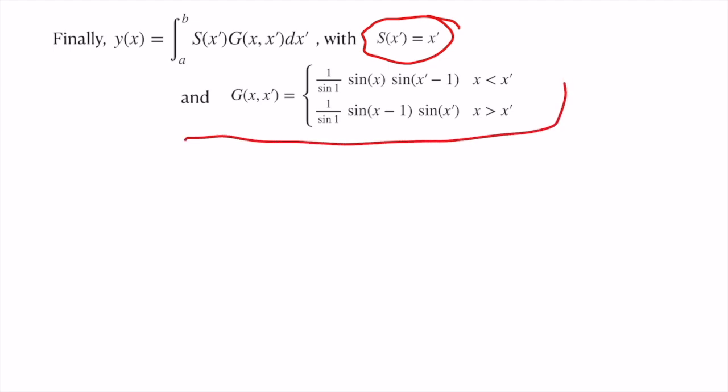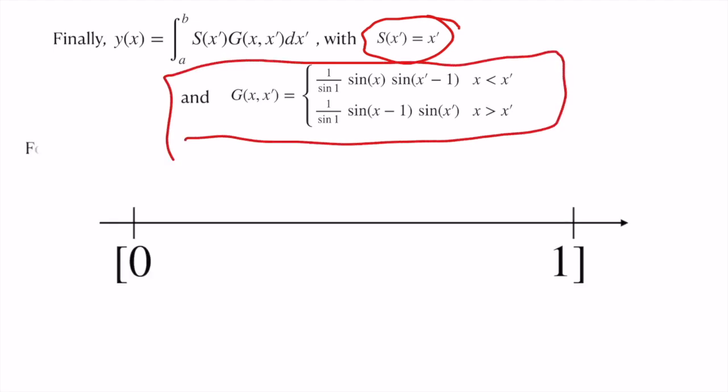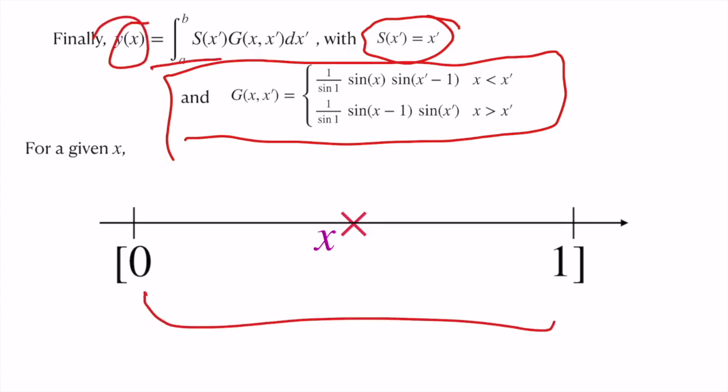Solution is basically integrating the source function multiplied by the Green's function. So that is the integral from a to b of s of x prime, g of x, x prime, dx prime. In our case, we have a source function that is simply x prime, and then this complicated Green's function which we have to multiply and integrate. So let's again closely look at it. What we have is our domain. Once you have given the value of x, you integrate this from a to b. In this case, it is 0 to 1. X prime, this variable in the integration, goes from 0 all the way till 1.